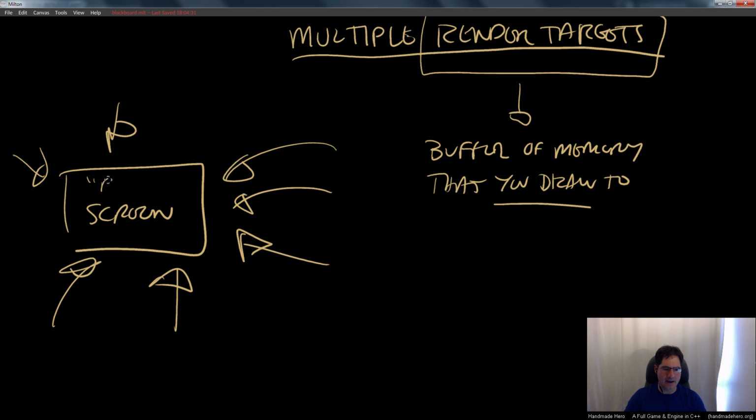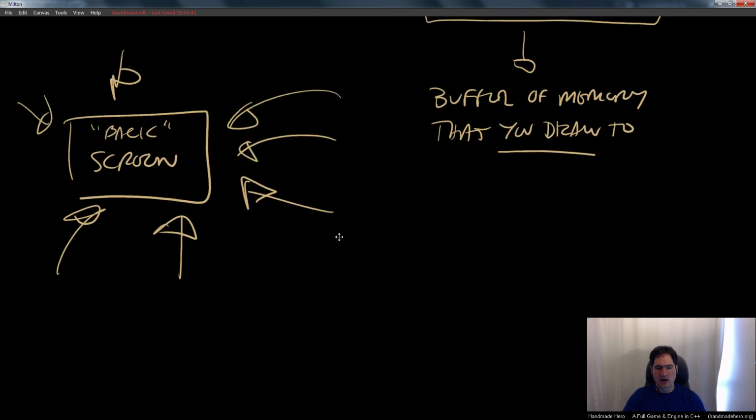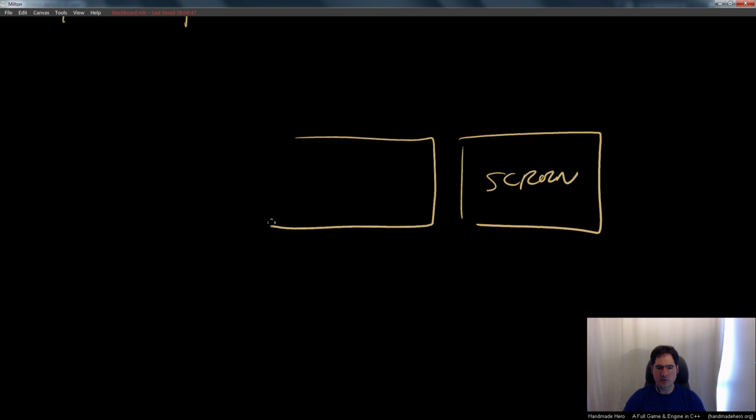We were sort of thinking of it as the back screen, and then we were bringing it forwards, right? Well, what we have now is the need to expand that notion. So what we want to do now is we have the actual screen, and previously we had one buffer.